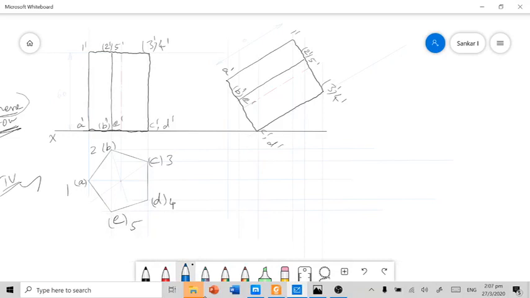Now you need to identify the cut points one by one. A dash. So here A is there, A dash is there. The cut point will be obtained here.